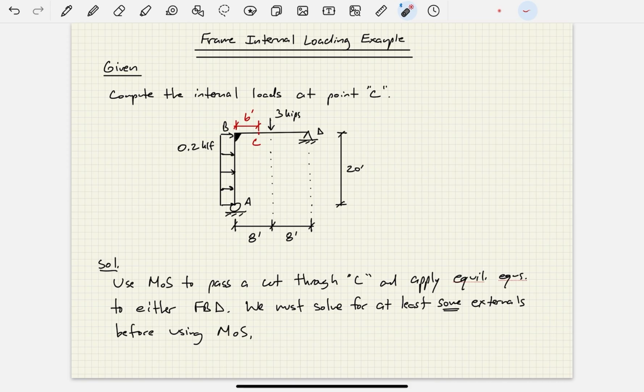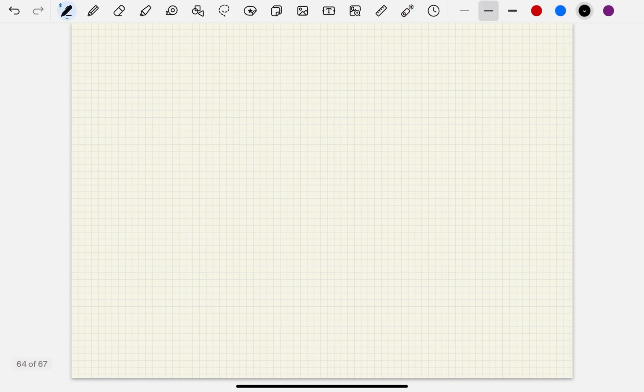But for the purposes of this example and just to illustrate, you get the same thing in either case. I'm going to show work for both. I'm going to show us how we can get the solution using a left free body or a right free body diagram. And it won't really matter. You'll get the same answer. Now, one of them, my guess, will be a little bit easier to deal with than the other, but we'll find out, okay? So let's go ahead and say that we're going to draw a free body diagram of the